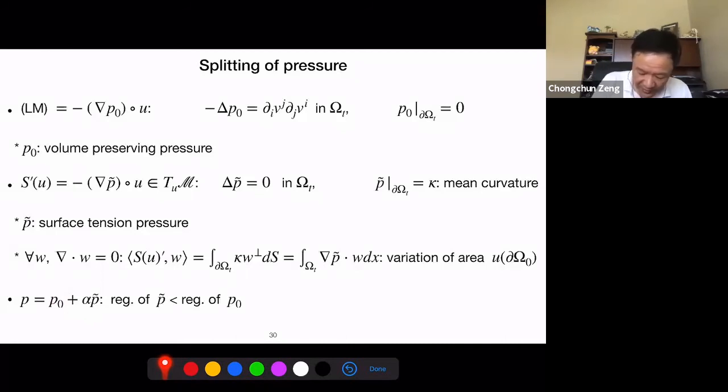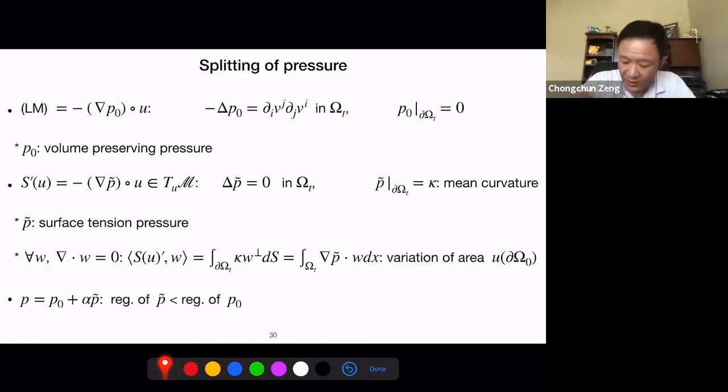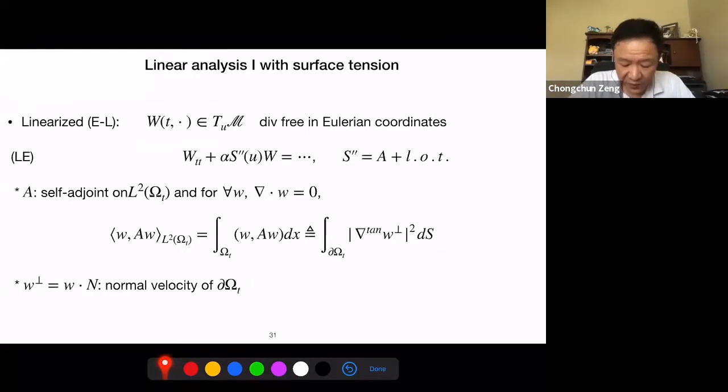And in particular, the regularity of the part of the pressure coming from the surface tension is much lower, not too much lower, but about 2 derivatives lower than the regularity of the part coming from the Lagrangian multiplier. So it means that we should not treat the pressure as a single pressure in this analysis. We should split that into 2 parts and handle them separately. And so with this in mind, we start some analysis of the Euler equation by first doing the linear